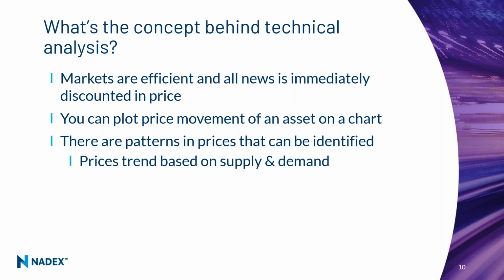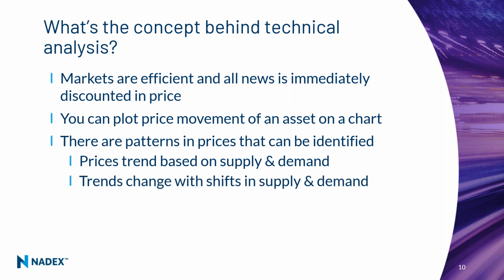If there are more sellers than buyers, the price will go down until you find an equilibrium where supply and demand matches. And then if all news is factored in and the only thing moving stocks is supply and demand, then you would have these trends that you can see as buyers step in, and then the trends would shift. The trends would shift when supply and demand shifted,